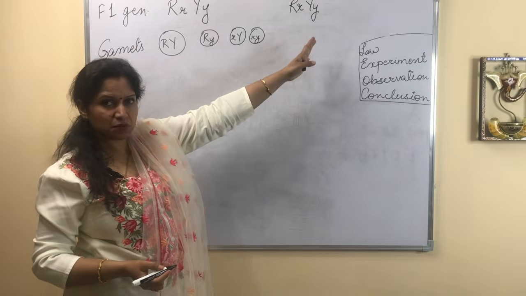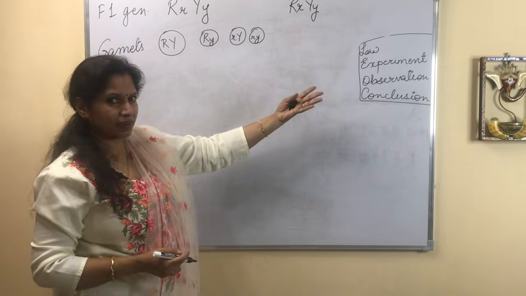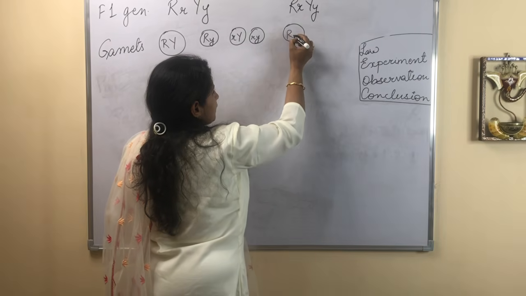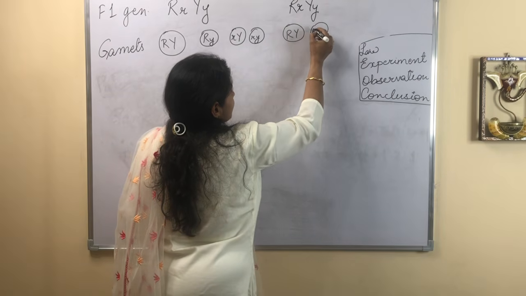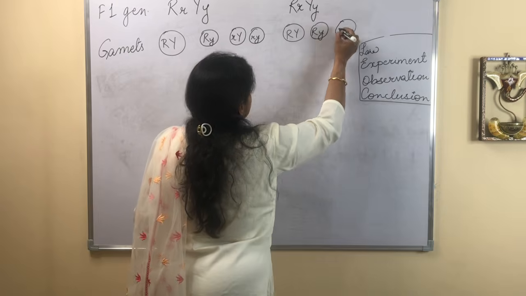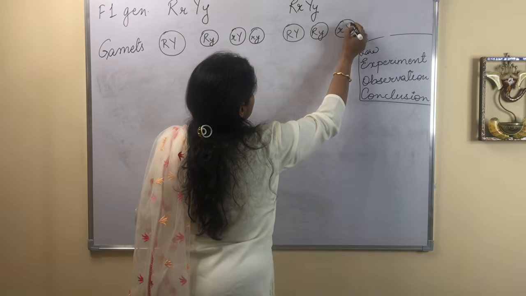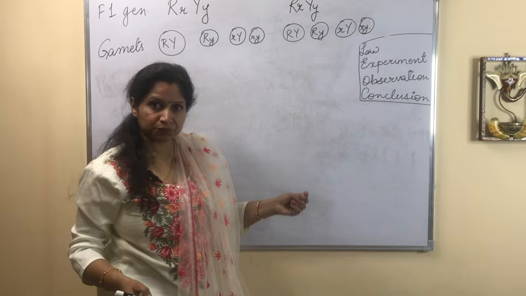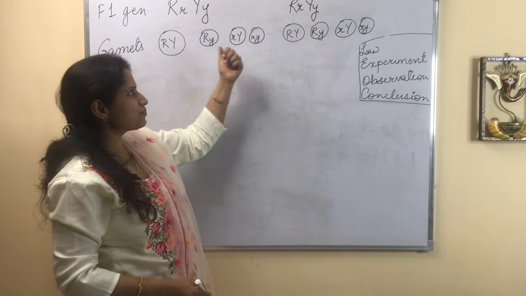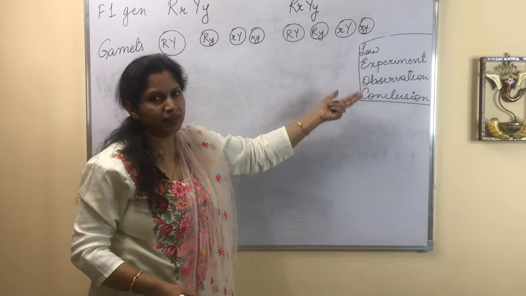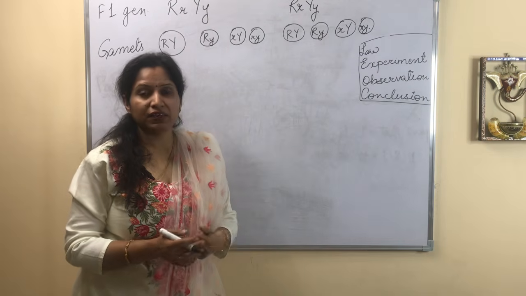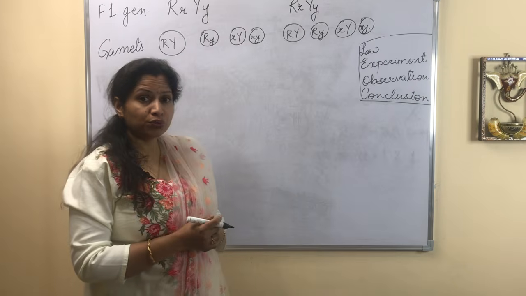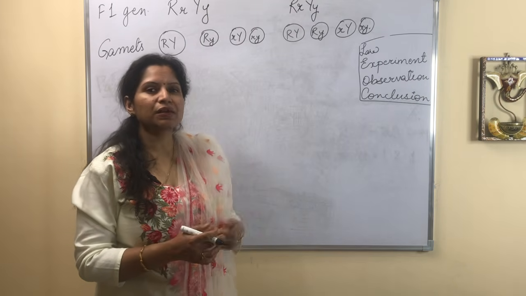ठीक है, इसी टाइप के 4 गैमेट्स मेल में बनेंगे, the female counterpart will be having the similar 4 combinations, capital R capital Y, capital R small y, small r capital Y and small r small y. Okay, so these 4 possibilities will be there. इस टाइप के गैमेट्स बनने के चांसेस रहेंगे। अब जब ये गैमेट्स फ्यूज होंगे तो अलग अलग गैमेट्स के फ्यूज होने पर फर्टिलाइजेशन जब होगा तो अलग अलग टाइप के रिजल्ट्स आएंगे।